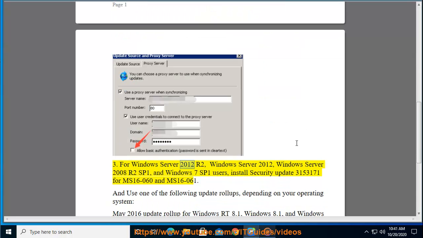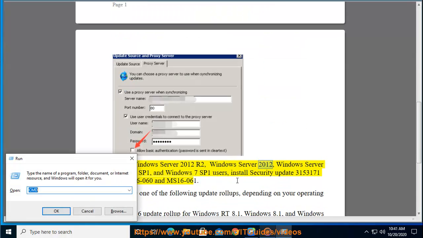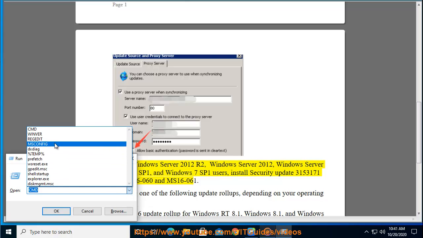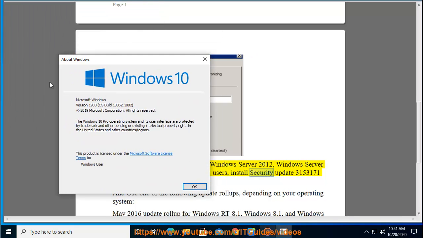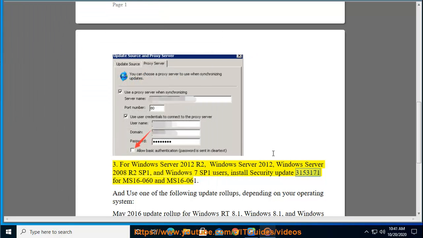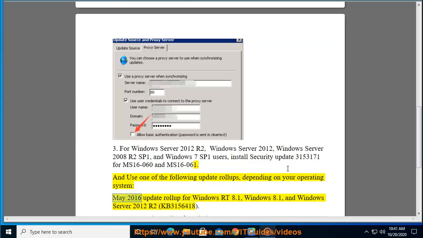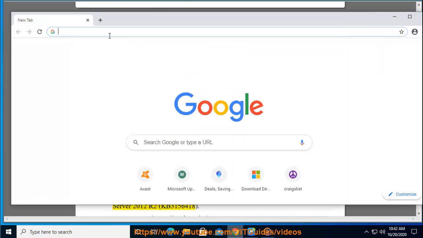For Windows Server 2012 R2, Windows Server 2012, Windows Server 2008 R2 SP1, and Windows 7 SP1 users, install Security Update 3153171 for MS16-060 and MS16-061. And use one of the following update rollups, depending on your operating system: May 2016 update rollup for Windows RT